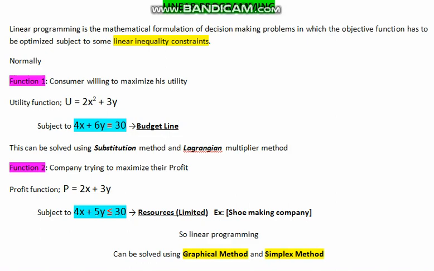Alright guys, today let me talk a little bit about what we call linear programming. Linear programming is associated with different decision making problems that producers, consumers, or manufacturers face given their limited resources. We can define it as the mathematical formulation of decision making problems in which the objective function